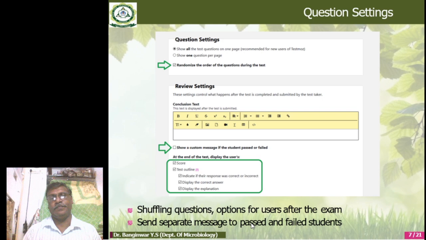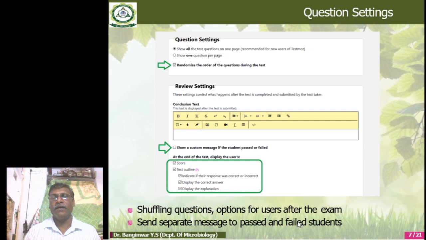Show the custom message if you want, and click the score button, test outline is there, indicate their responses, display the correct answer and display the explanation. So summary of this page: shuffling question, that will be the randomization option for the user after the examination, and send separate messages to pass as well as fail students.